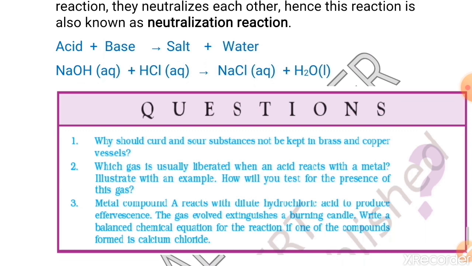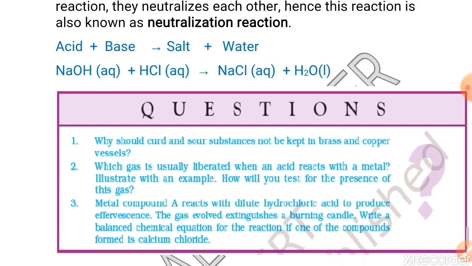Moving to the next one. Which gas is usually liberated when an acid reacts with a metal? Illustrate with an example. How will you test the presence of this gas? As we studied earlier, hydrogen is the gas which gets liberated when an acid reacts with a metal. We can write an example, say when zinc reacts with sulfuric acid H2SO4, it forms a salt zinc sulfate ZnSO4